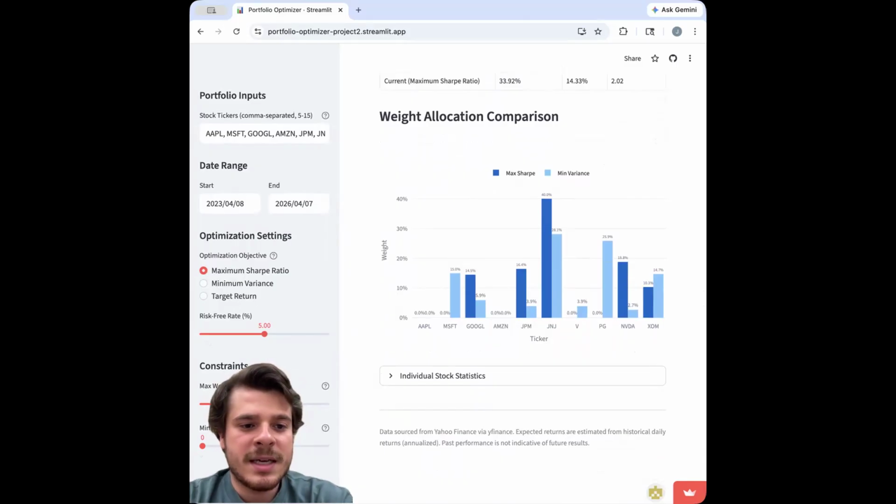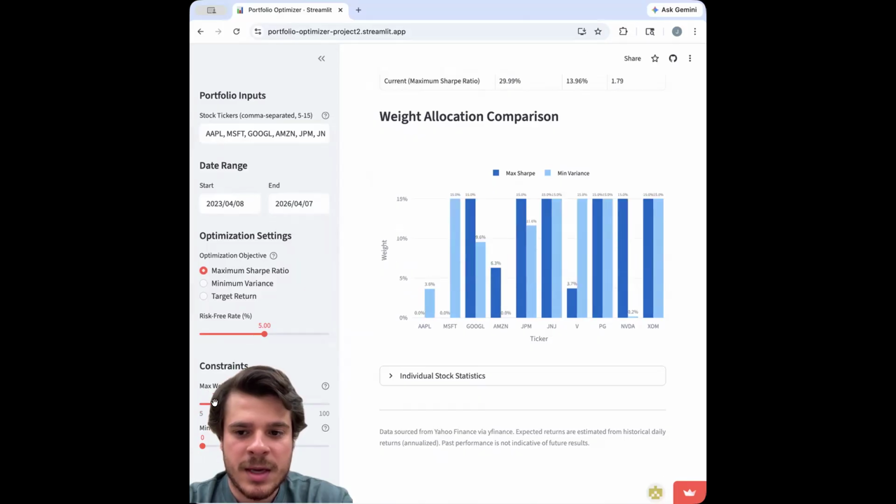You can see the optimizer is concentrating heavily in a few stocks, the one with the best risk-adjusted returns. Now I'll drop the cap to 15%, and watch the weights. Everything's spread out. No stock dominates anymore, but